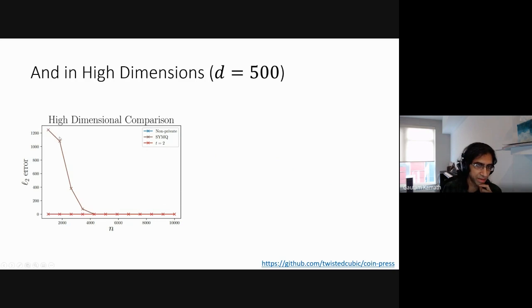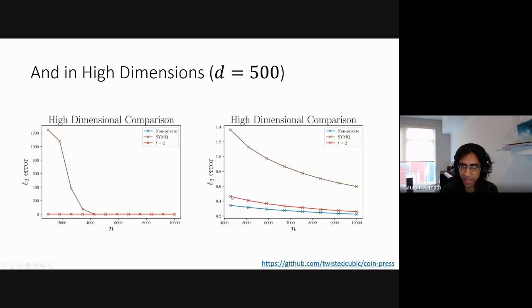You can see that previous approaches may fail catastrophically for a small number of samples. This is based on how the histogram works. If you think about what happens if you don't have enough samples for the histogram to work, you could get something which is totally wrong. This might be a bit technical, and only for people who understand histogram methods well. But essentially, the nice thing is that even for small samples, we're not going to fail catastrophically. So this is a comparison in the regime where the histogram doesn't fail catastrophically. And you can see, this is truncated in terms of n from 4,000 to 10,000.